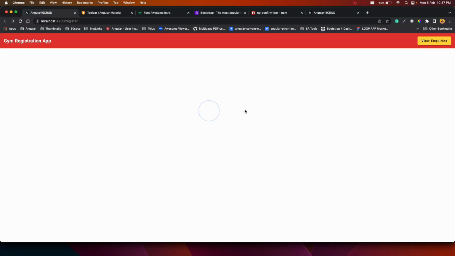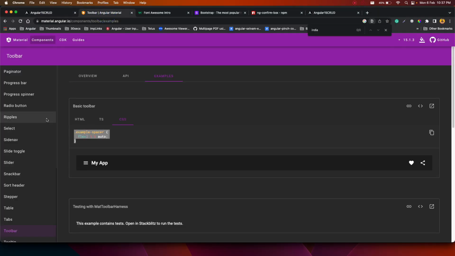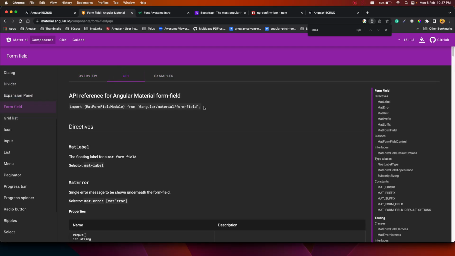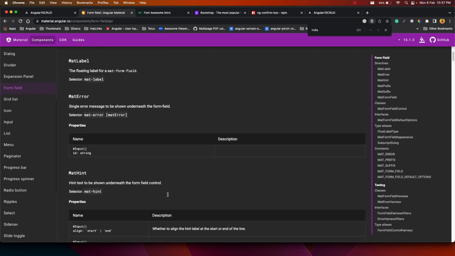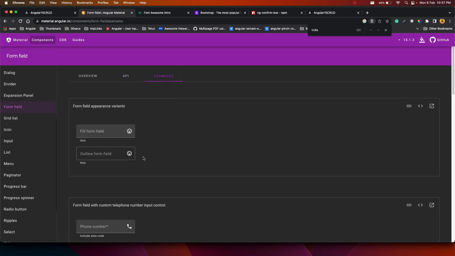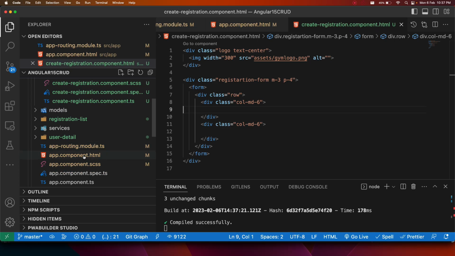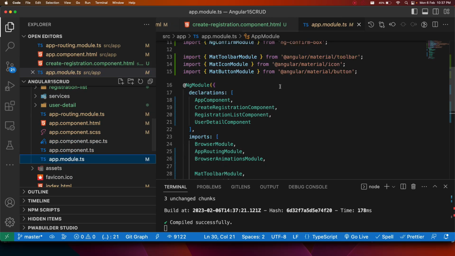So to make use of that, I will again go to Angular Material, and there is something called form fields. Okay, so first of all I'll go here and import this, because I want to create a form like this, right? For example, let me just show, I want to create a form like this. So for that I'll go here and import this. So copy this and go inside your, again, app module.ts